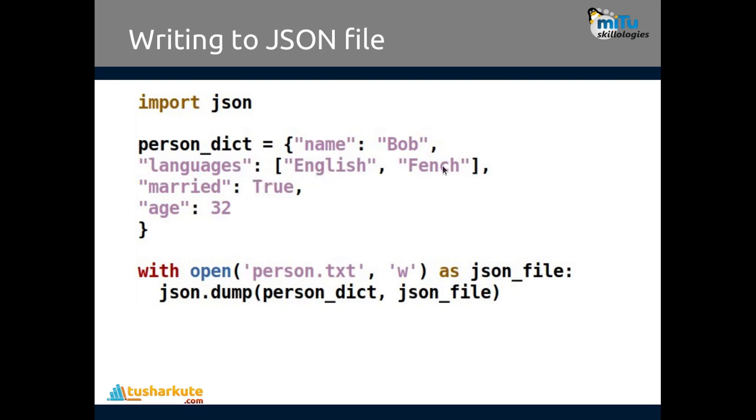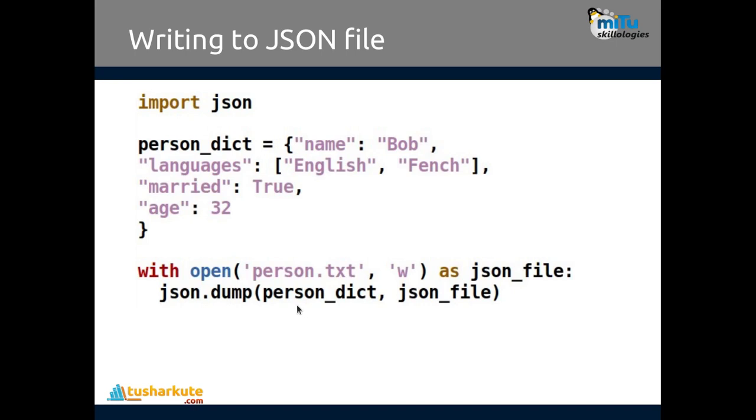Okay, and to write it I have a function called dump, which is used to store the dictionary into the JSON file like this. So with open person.txt in w mode, that is, writing mode. Make sure we have the JSON extension also, because it would override my previous file. That's why I changed the extension from .txt to .json. The JSON file is the object of this, and then json.dump.